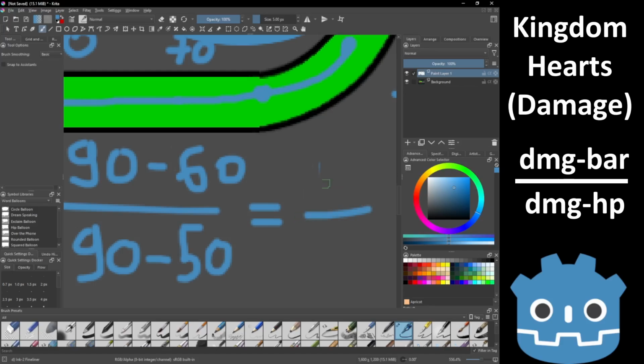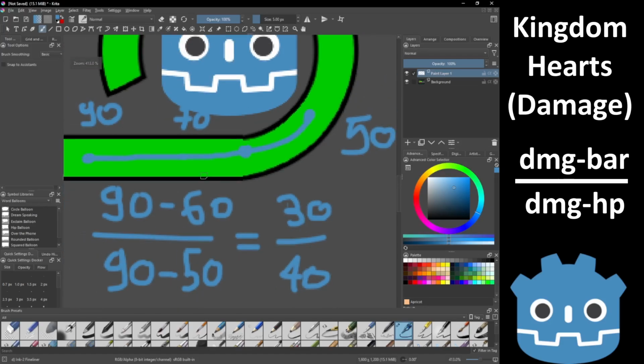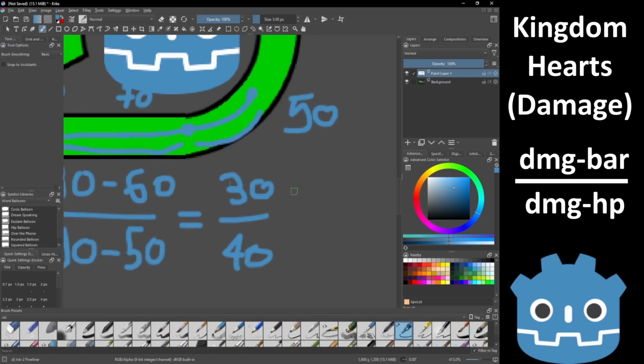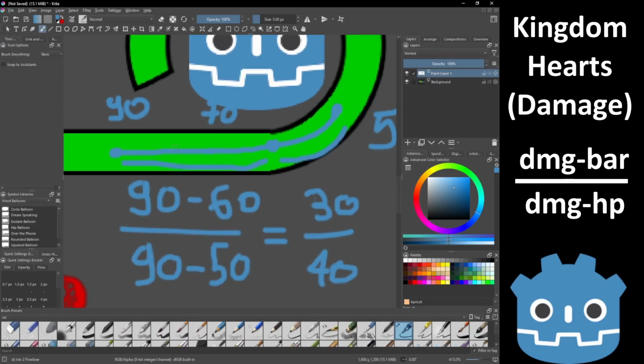Which will give us 30 divided by 40. Which means that 3/4 of the damage will be on the horizontal bar and 1/4 will be on the circular. So 3/4 of our time will be spent reducing the horizontal damage indicator and 1/4 will be used to reduce the circular.